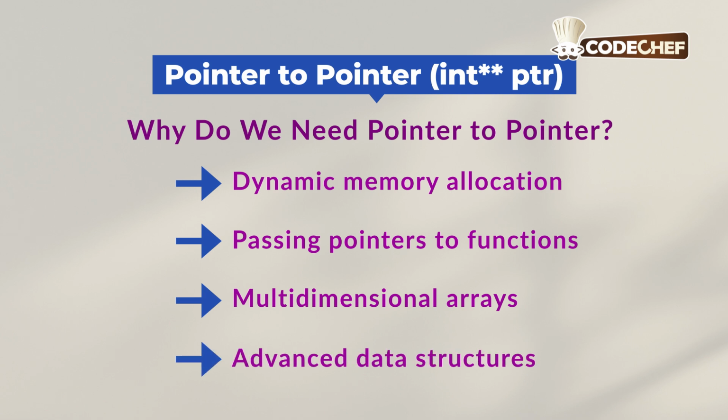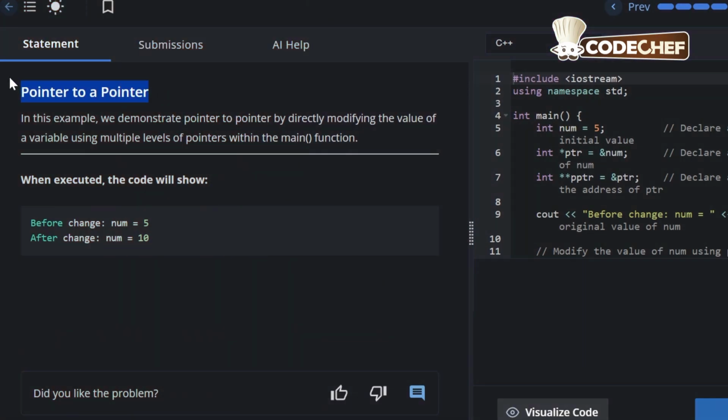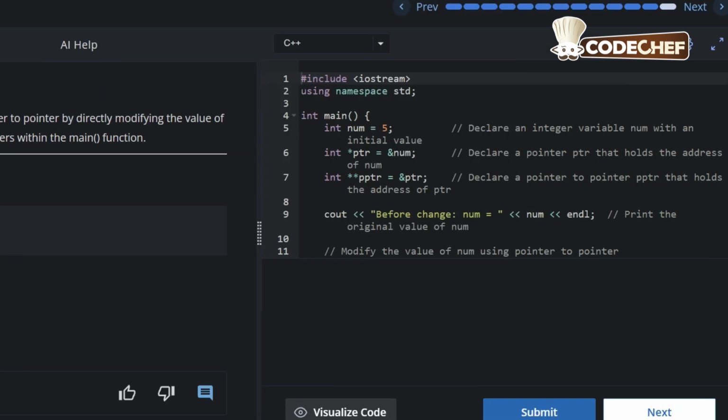Now let us see an example of pointer to pointer on the CodeChef platform. Here the program name is pointer to pointer and the expected output is before change: num = 5, after change: num = 10. Coming to the code, #include <iostream> using namespace std; int main() curly brace begin for the main function. int num = 5; int *ptr = &num; then int **pptr = &ptr;